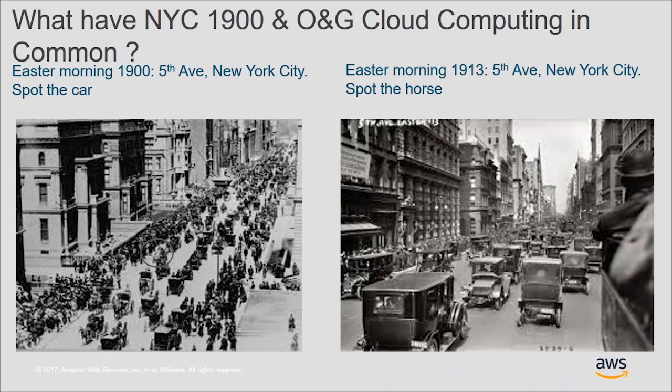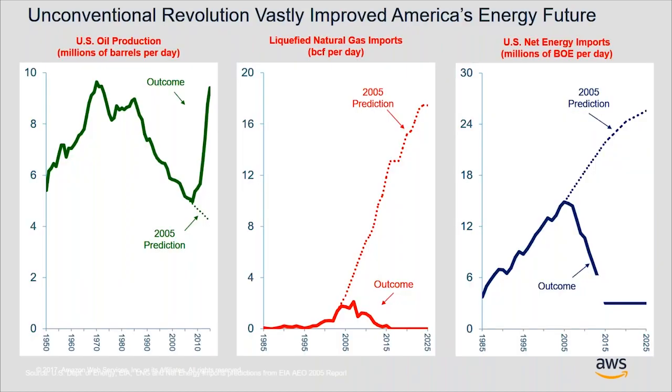And today there are approximately 270 million cars in the US. So we think that's the type of transformation that's taking place in oil and gas, enabled by cloud computing, but we don't think it's going to take quite that long. And that's illustrated by a couple of pieces of data here in the next slide.